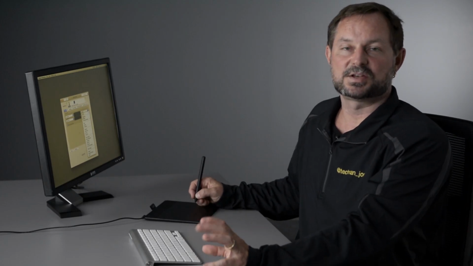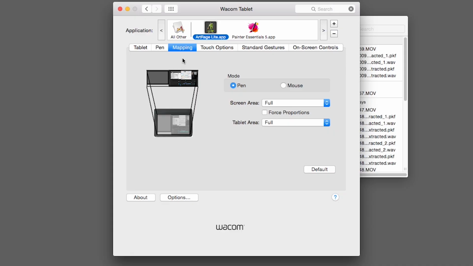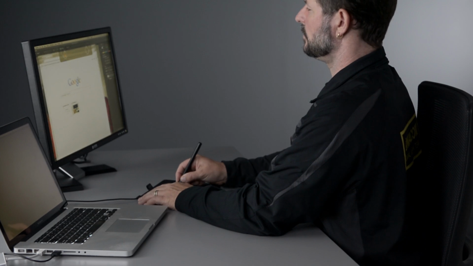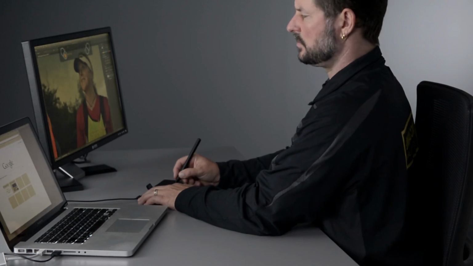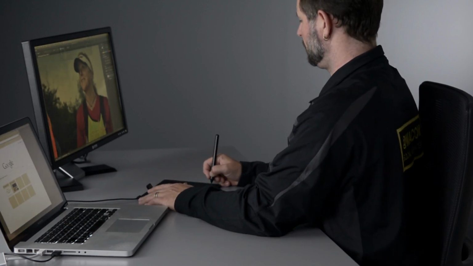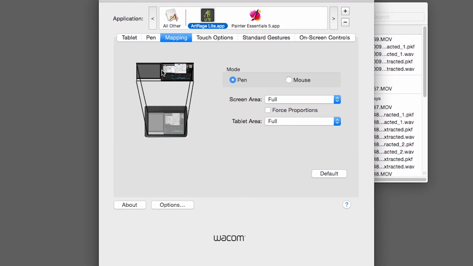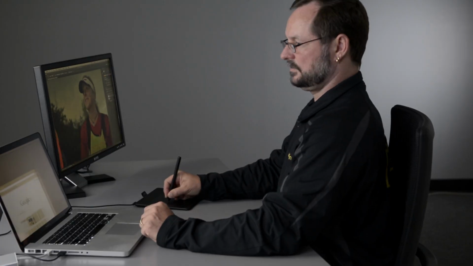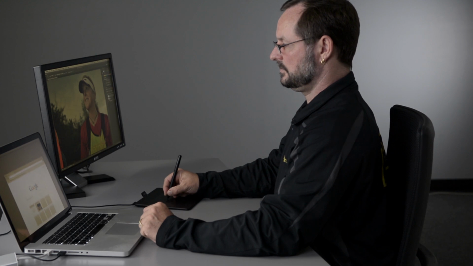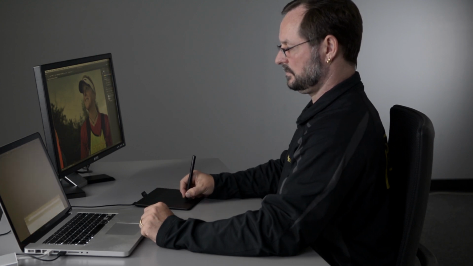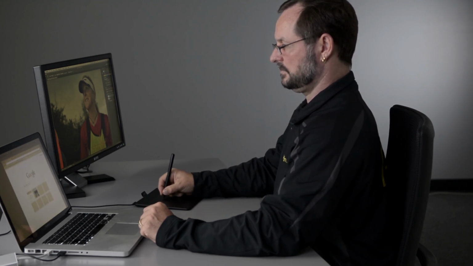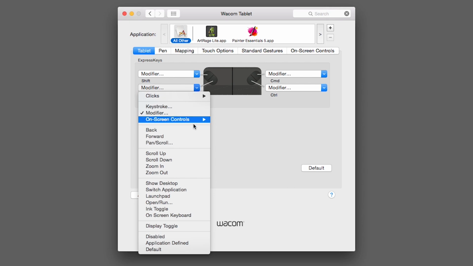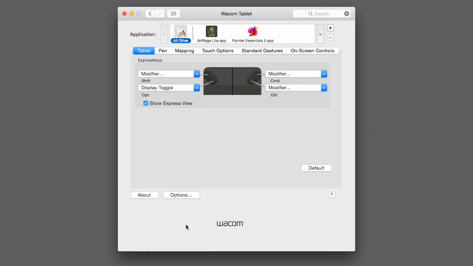Display Toggle will only show up as an option when you have an additional display attached. This is common for laptops when you're at a desk at home. Remember that by default, the tablet maps to the corresponding corner of your overall display area, which frequently means that the pointer will have to travel twice as far going left and right, then up and down to cover the entire display. To help get some precision back to the pen, set one of the express keys to Display Toggle,